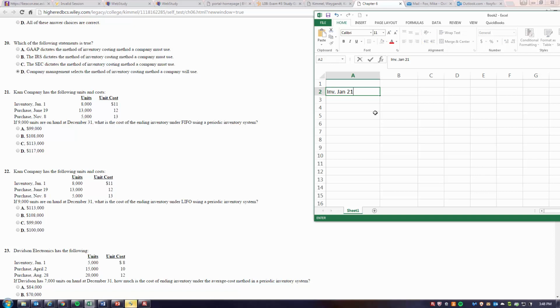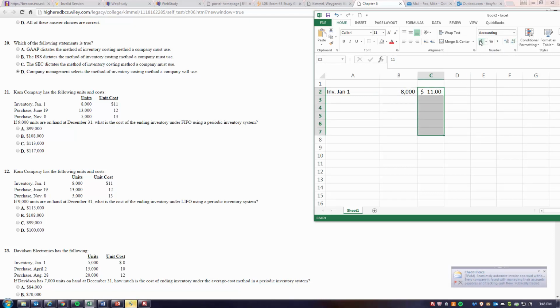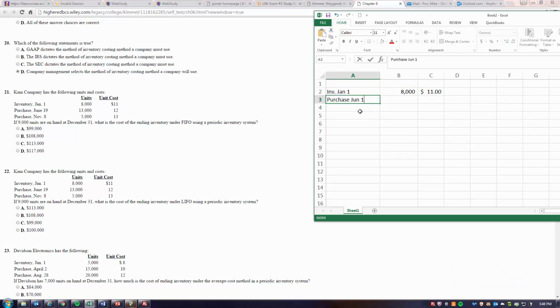Inventory, January 1st, 8,000 units, cost of $11. Let me tell Excel that. All right, purchase, June 19th, 13,000 units at a cost of 12, and purchase November 8, 5,000 units at a cost of 13. All right. So on December 31st, they have 9,000 units on hand, which means that they must have sold